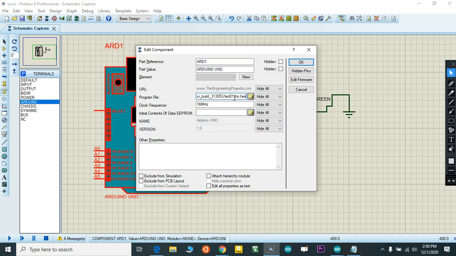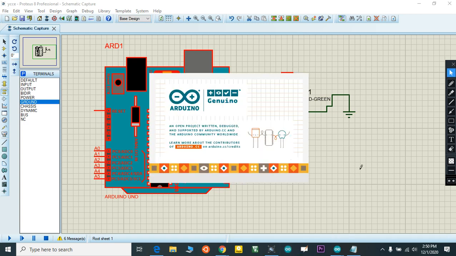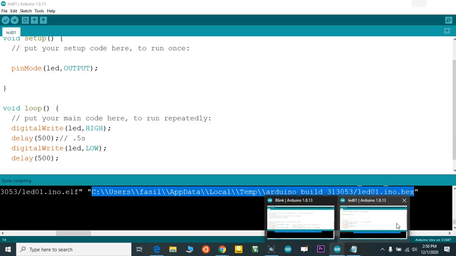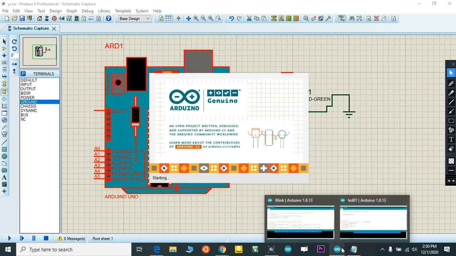Paste, control V. Okay, so if you do it the first time, it's really difficult to find this hex file, because you are a little confused about where this file actually exists. Once you try this 2 or 3 times, you can do it by yourself.